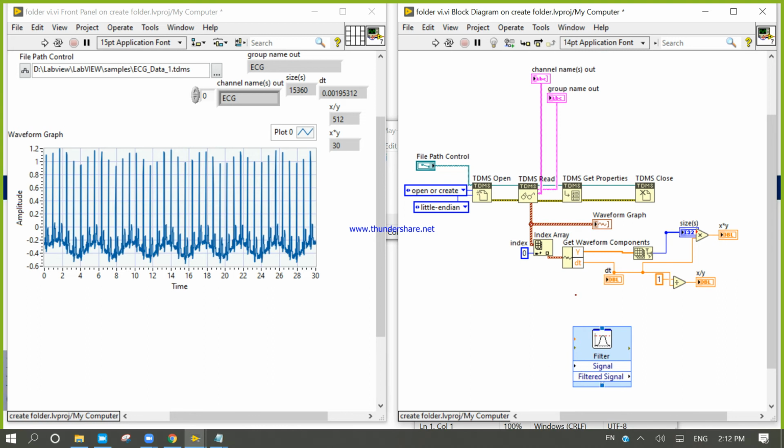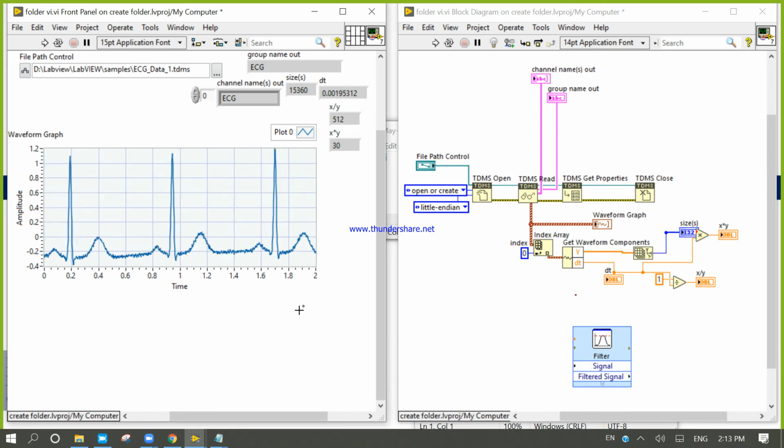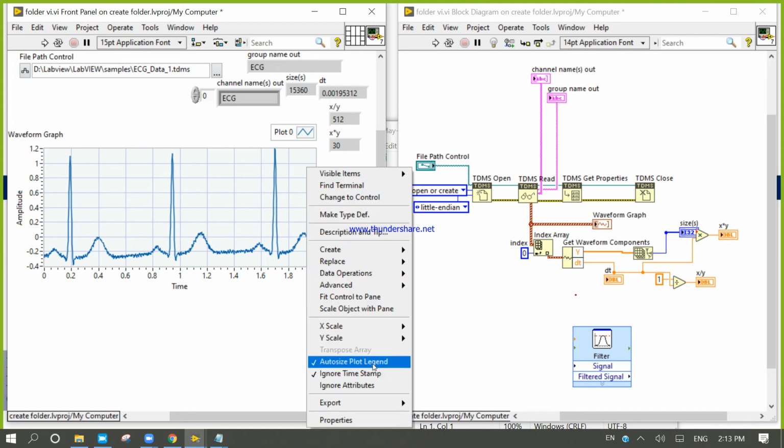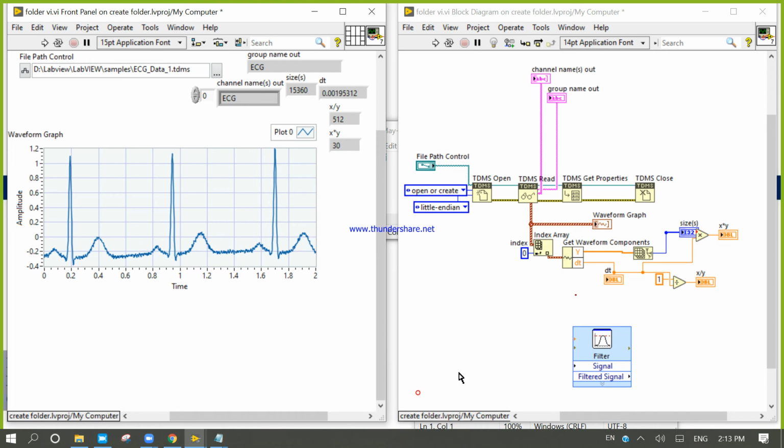If you click here, 2, you will get, it is a sine waveform. Sorry, it is an ECG waveform. If I right click, X scale off.